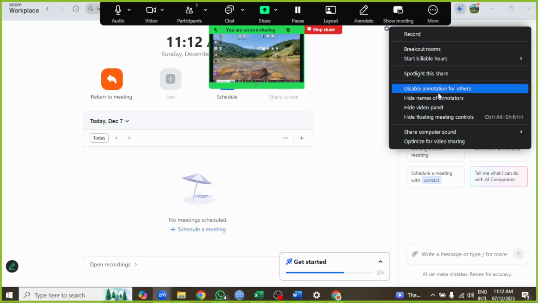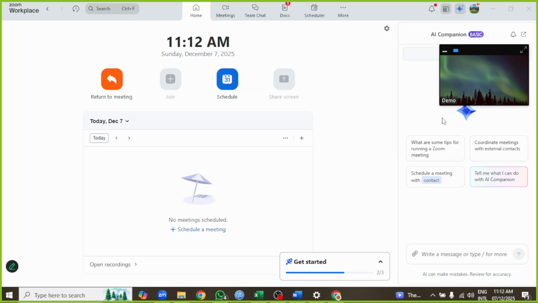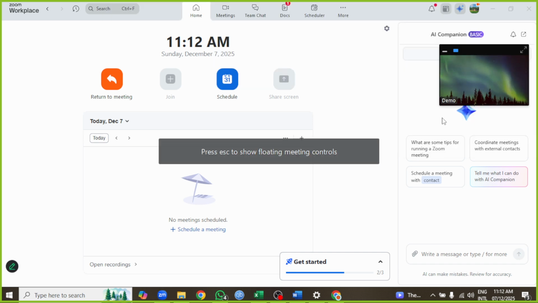Now, here's the key step. Click on Hide Floating Tools. You'll usually find this in the More menu, often shown as 3 dots on the right side of the toolbar. The wording can appear as Hide Floating Meeting Controls or